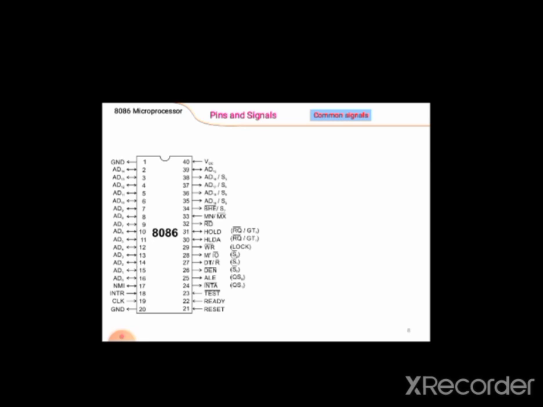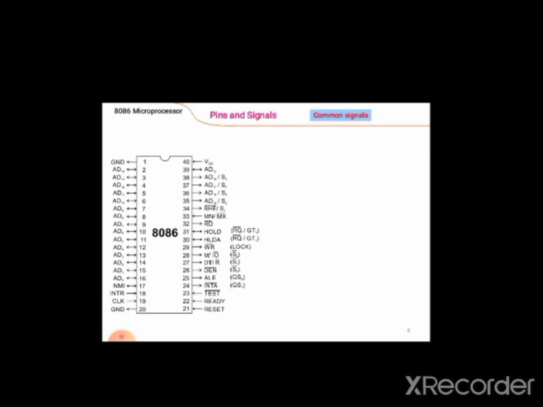AD0 to AD15 are multiplexed lines, address-data multiplexed lines. So the proper address is given on each line for specific data. If that address is wrong, this will be indicated by the ALE pin.